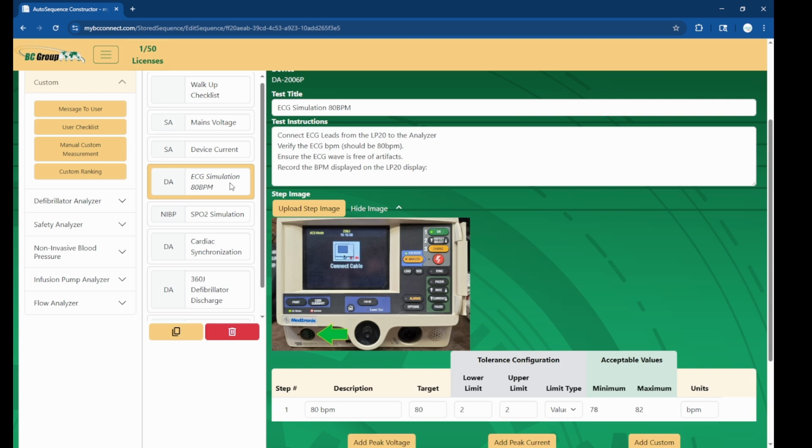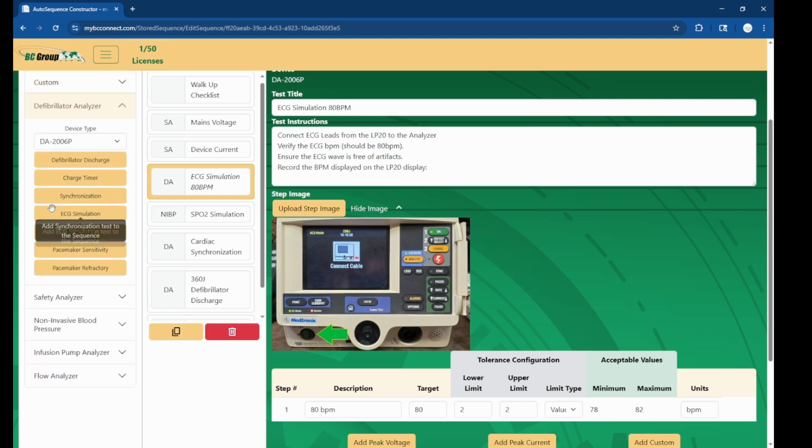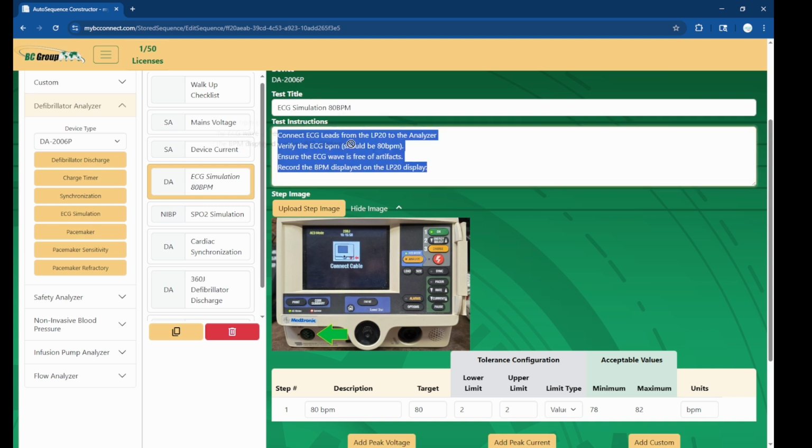And now on to something more interesting, ECG simulation. Here we go over to Defibrillator Analyzer, and you can see where I got this. I grabbed ECG simulation and I dragged it over. I gave it an appropriate label, and then I gave a series of instructions for what the technician should be